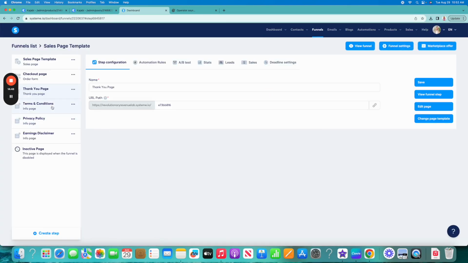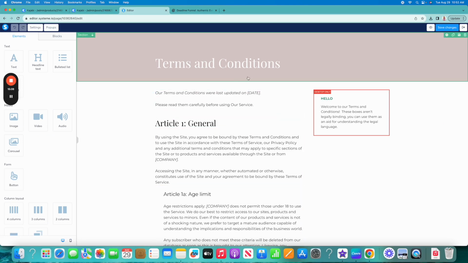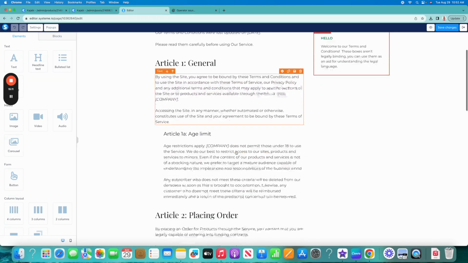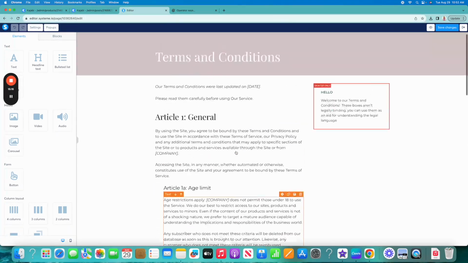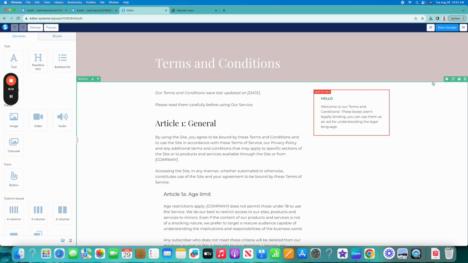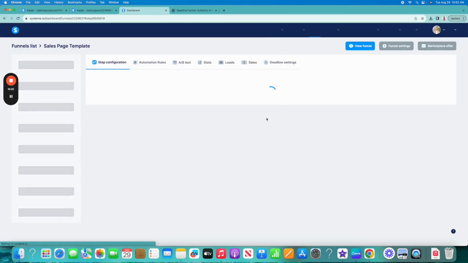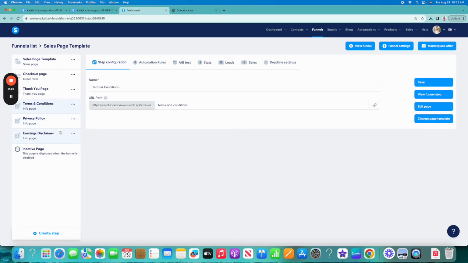And then once you go to this terms and conditions, privacy policy, etc., you would click on each of them. You would change the text here, for example, terms and conditions, save, then edit page. You would have to add your own terms and conditions. These are just terms and conditions from system.io that are not legally binding, so you would have to modify all this information, add your company information, etc. And then what you would do is go through each of this, change the URL and change the contents,